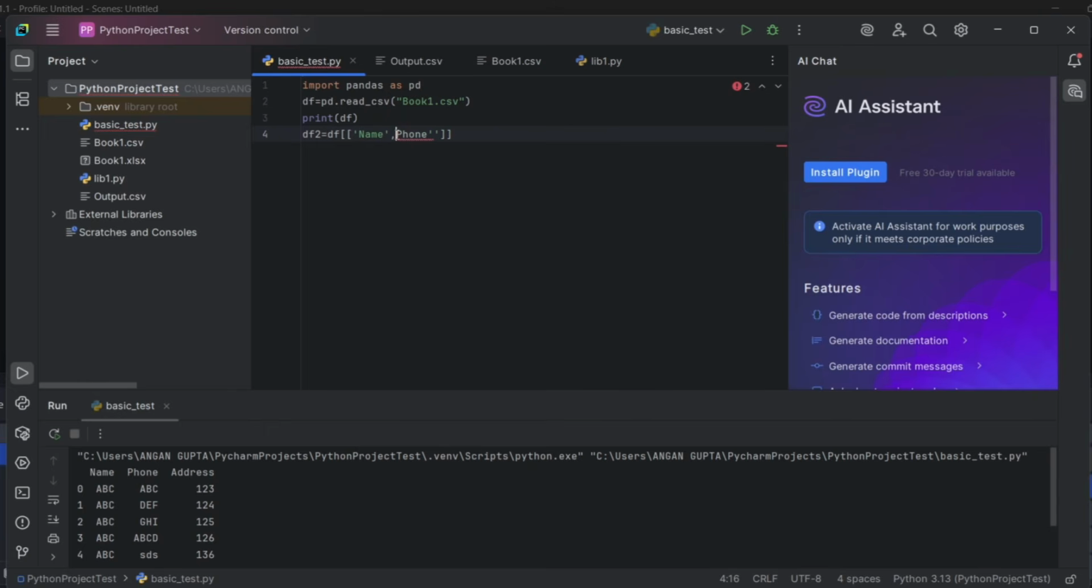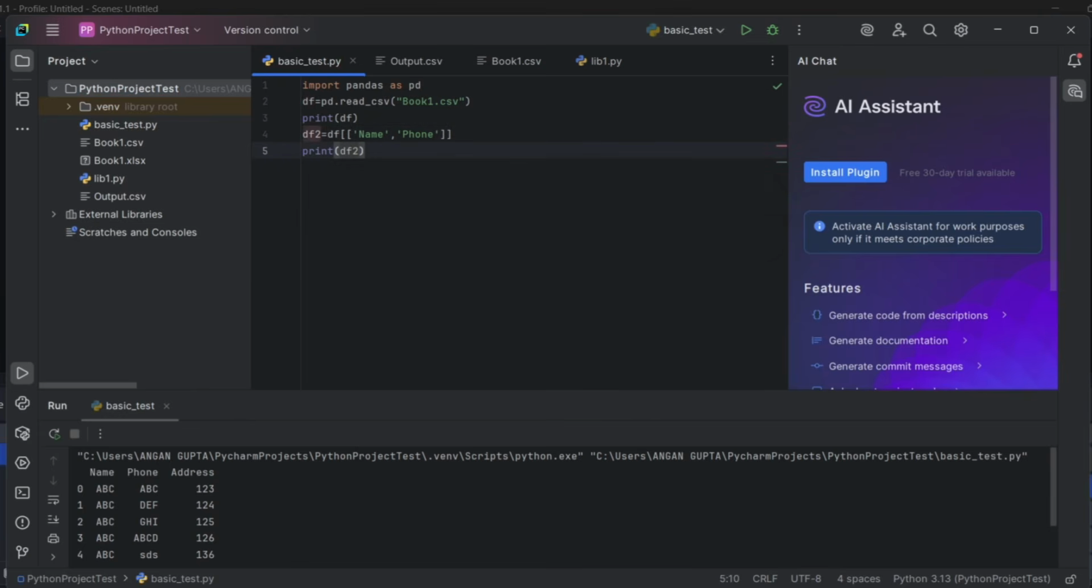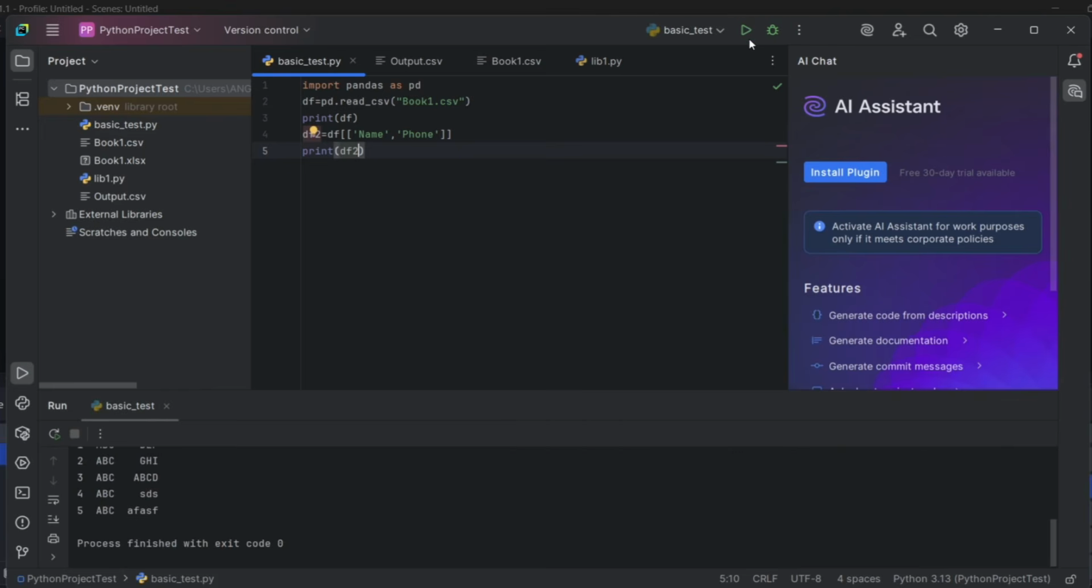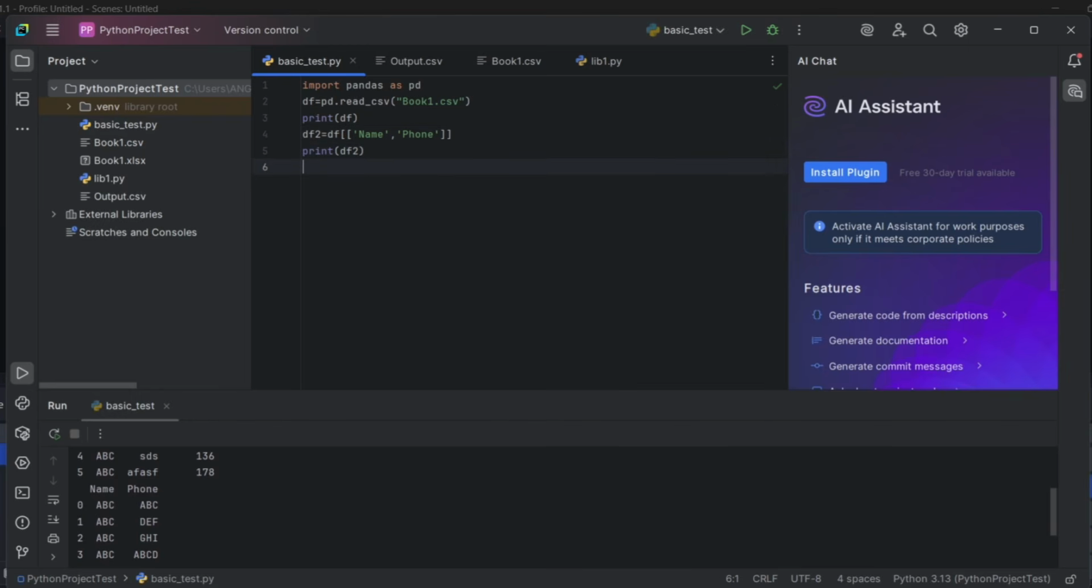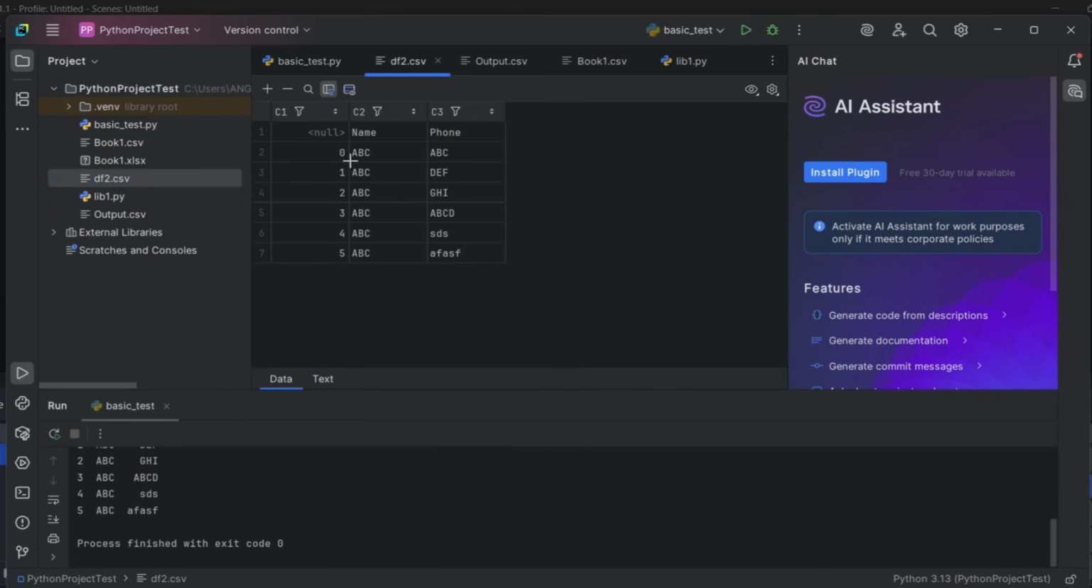And I keep forgetting the quotes. Now if I print df2, see, it just gave me name and phone. So now let's write this into a new file. df2 dot to_csv, and say df2.csv. So if I run that, you will see df2.csv created here, which just contains name and the phone